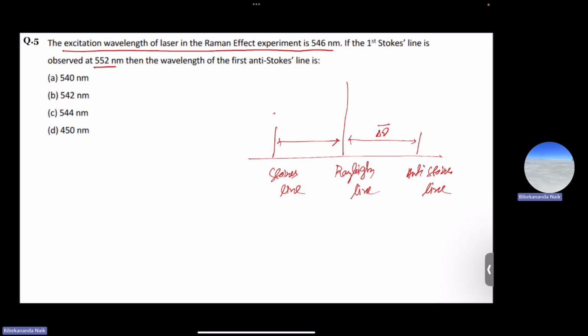So if you remember, suppose the shift is delta nu bar, then